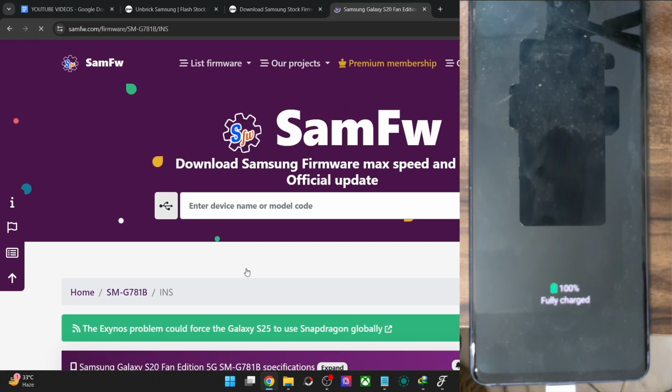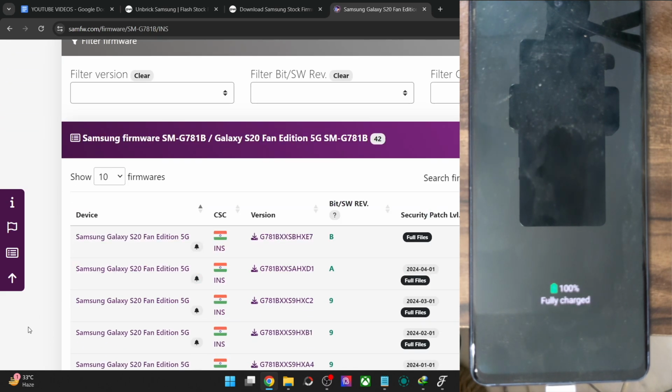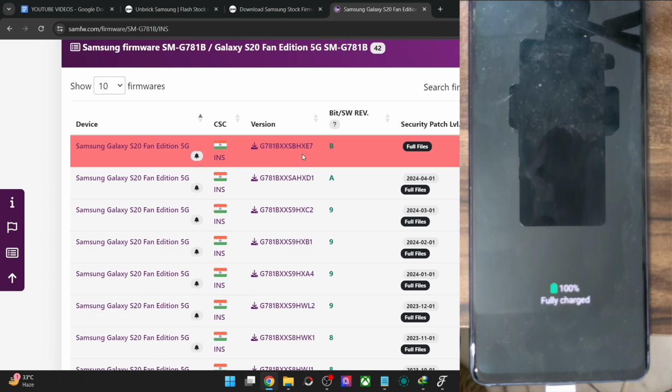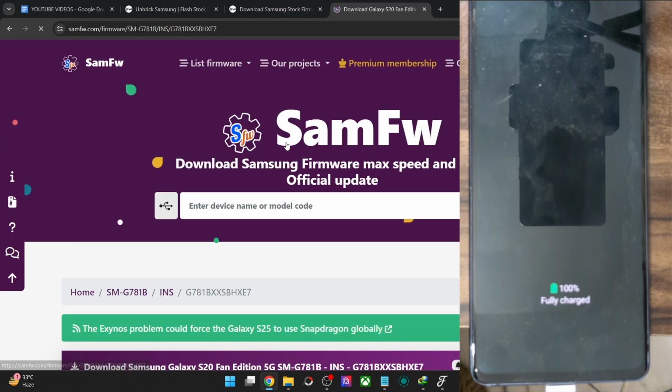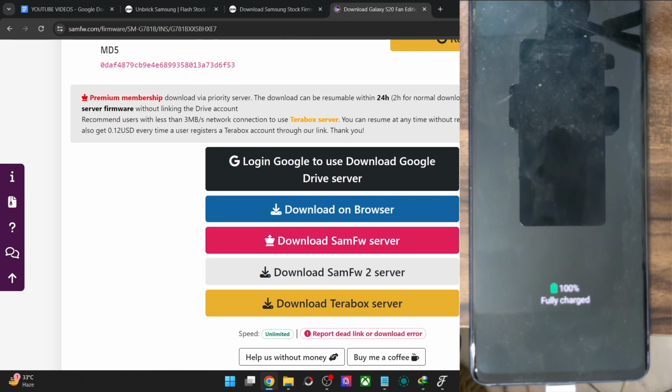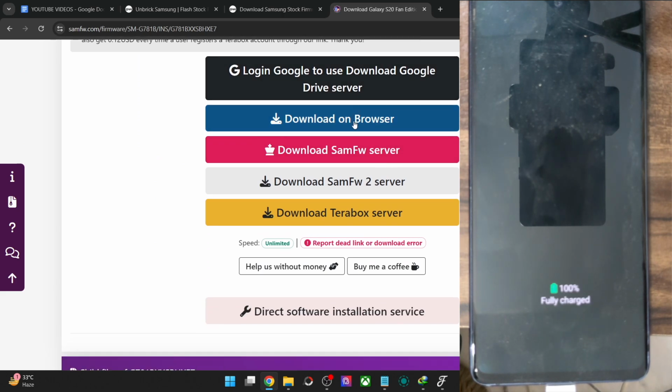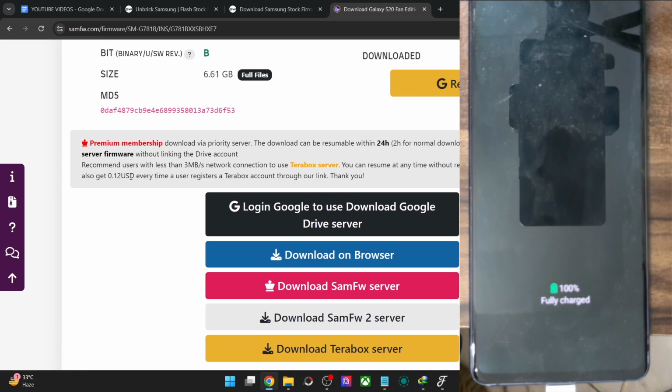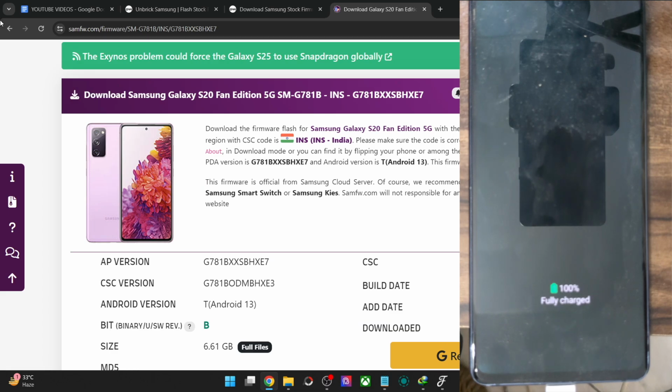Once that is done, you will now scroll down and choose the latest firmware from here. Click on the version, and then you may download the file from any of these servers. For the Google Drive, you will have to log into your account, and then you may also choose any of these servers. So there exist two methods. So which out of the two should you opt for?